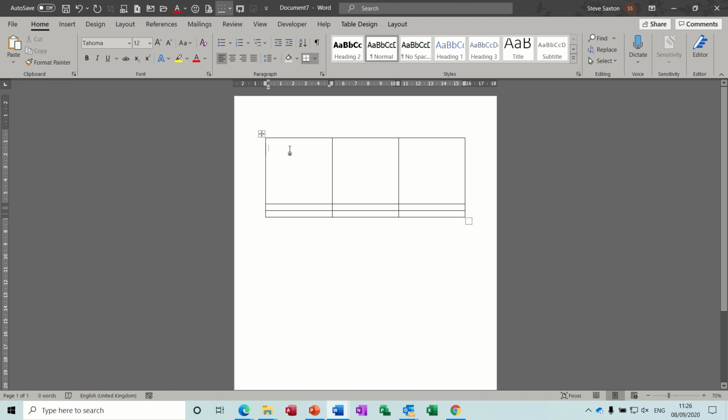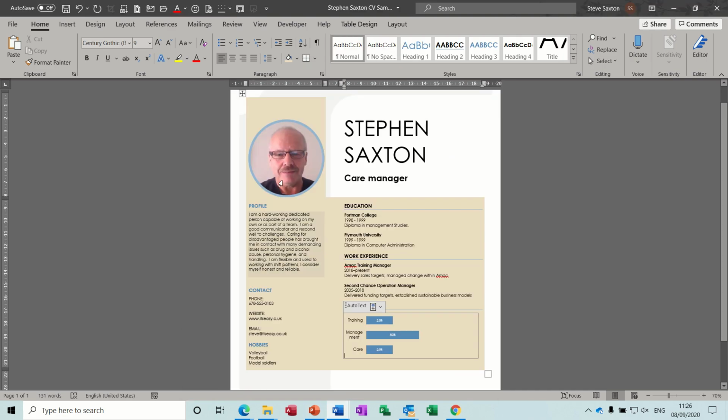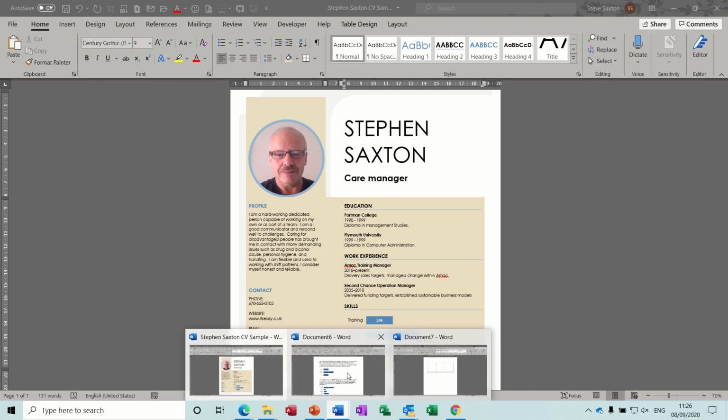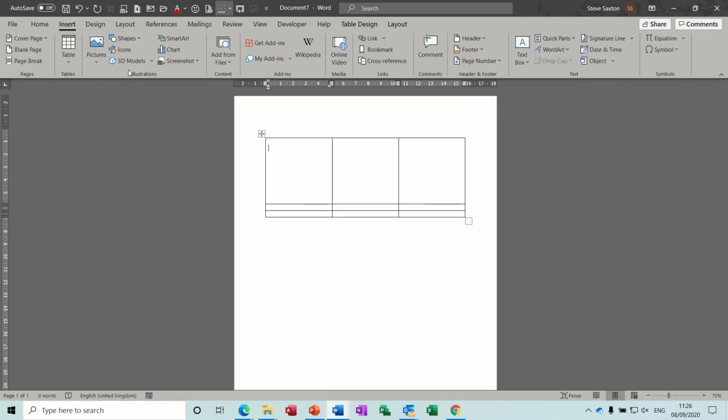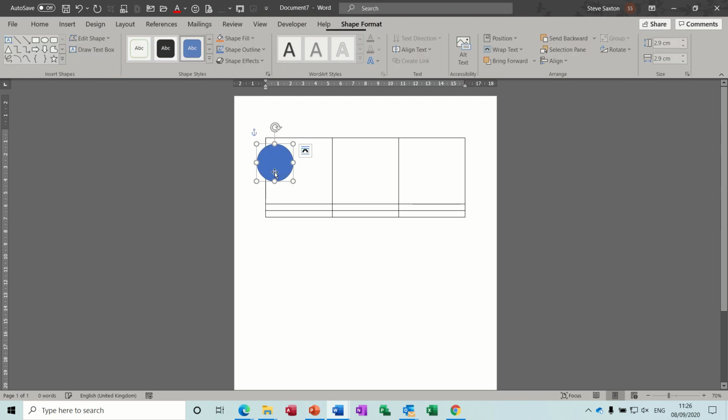my image, so that was a shape. So I flick back to the other one, it's just a circle with a photograph in there. So I'll come back again so you can see what we're doing. So if I just insert a shape, that circle will do. Just draw a circle in there, hold your shift key down, you can get the circle,